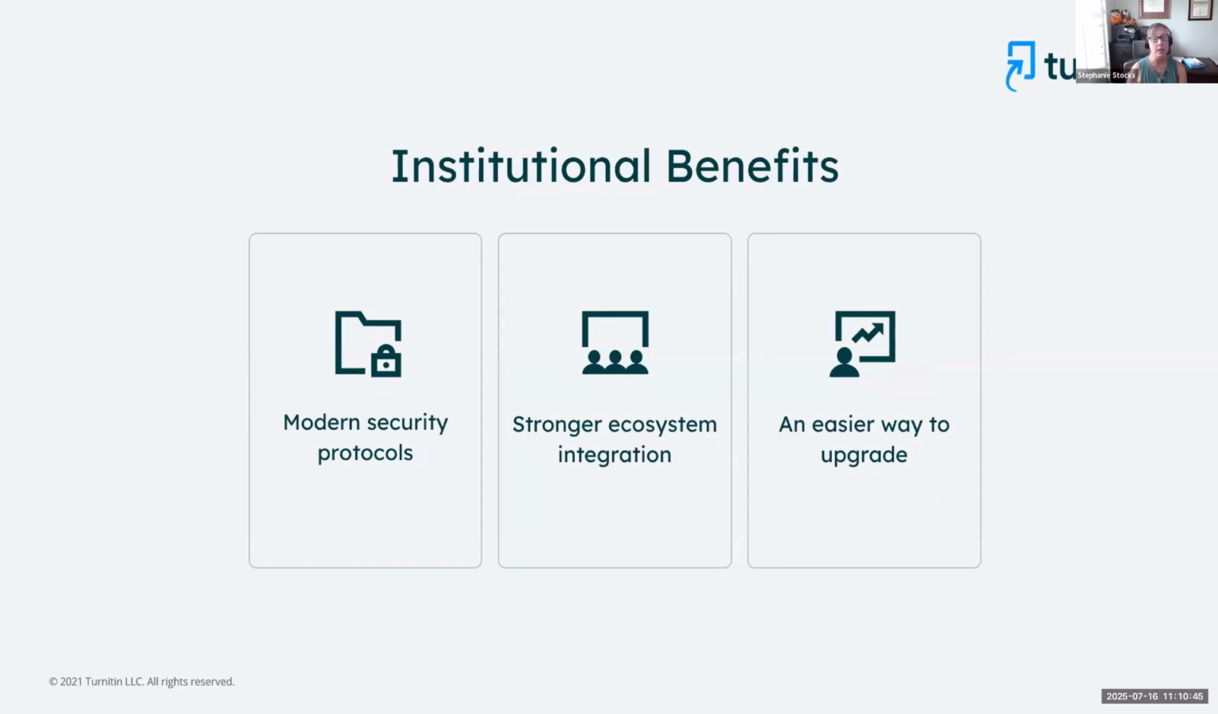For your institution, LTI 1.3 offers modern security protocols by providing the most robust security measures for passing PII between platforms, thus safeguarding student data. It supports OAuth 2.0 and JWT tokens to enable secure data transfer. It also offers a stronger ecosystem integration, helping to make a school's digital ecosystem more intuitive to integrate third-party resources, applications, and tools into your LMS. And it's an easier way to upgrade. It offers much of what schools love about LTI 1.1, but with new features and security protocols to simplify upgrading